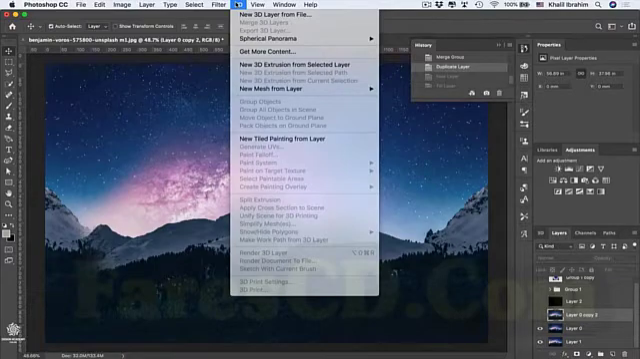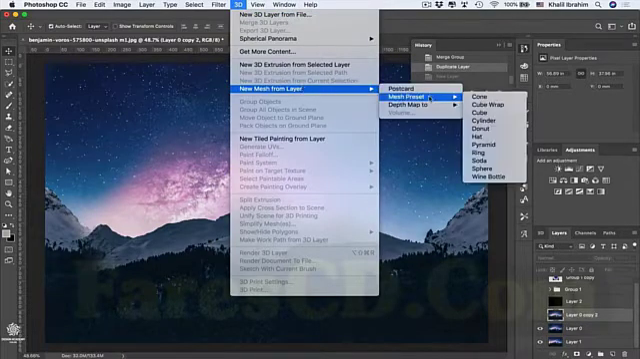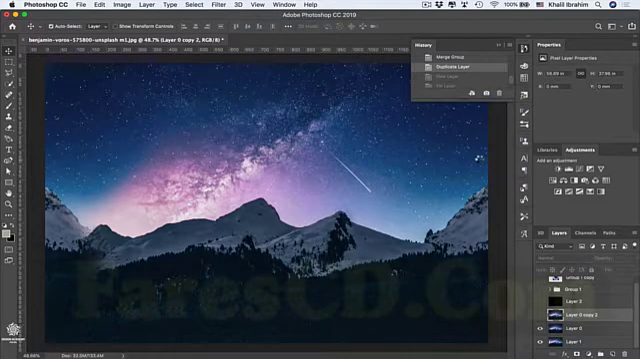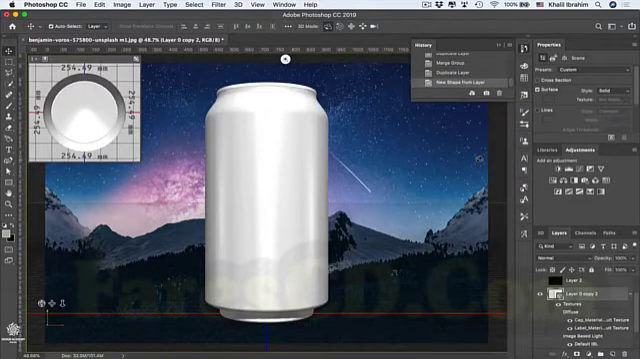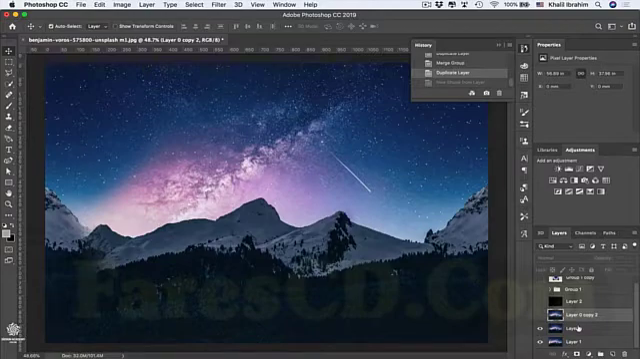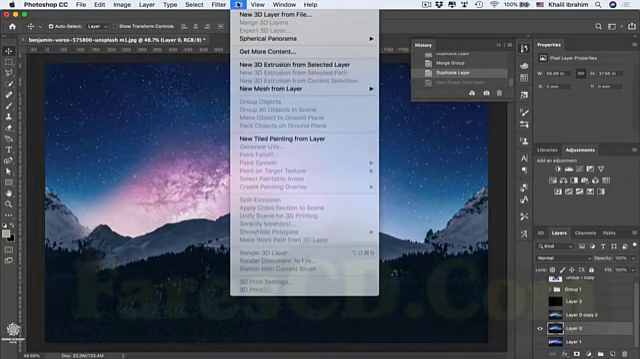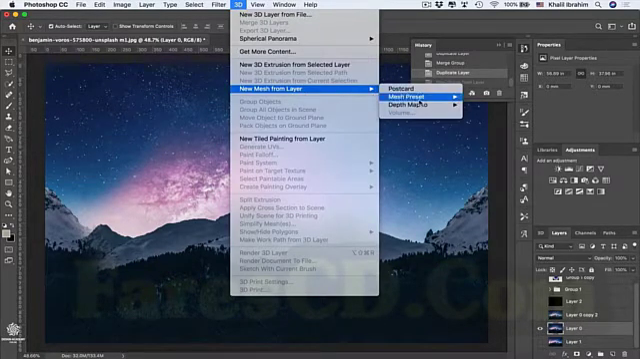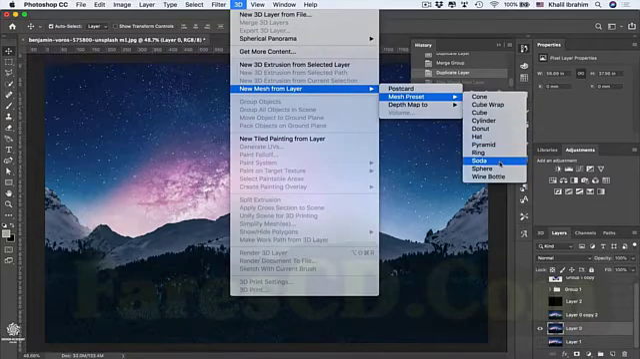3D once again, New Mesh from Layer, Mesh Preset, and basically the same concept applies in here. You can discover maybe something like Soda for maybe a 3D printing project. You would like to imagine how it's going to look. However, we forgot to select our layer, so I'm going to undo that and select our layer. I keep forgetting that thing. And disabling that layer, going back to 3D, New Mesh from Layer, Mesh Preset, and selecting Soda,